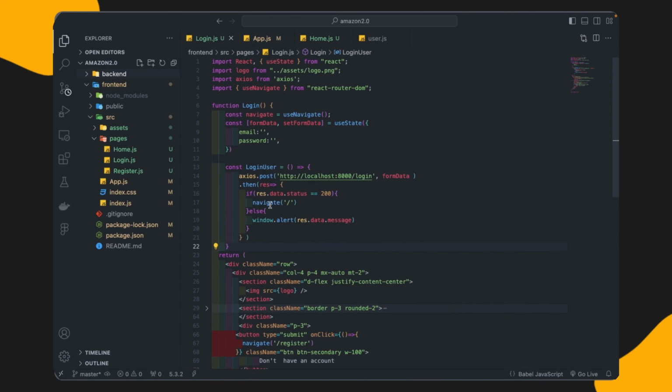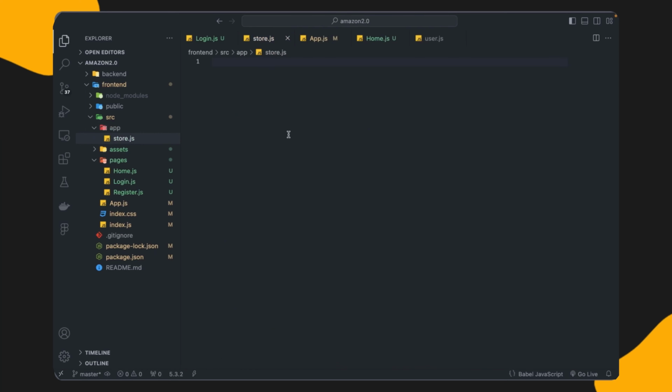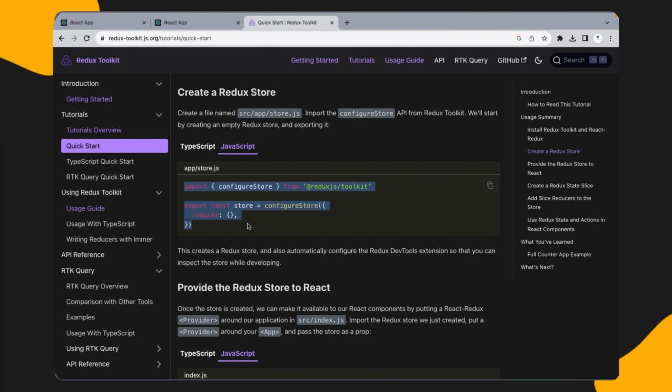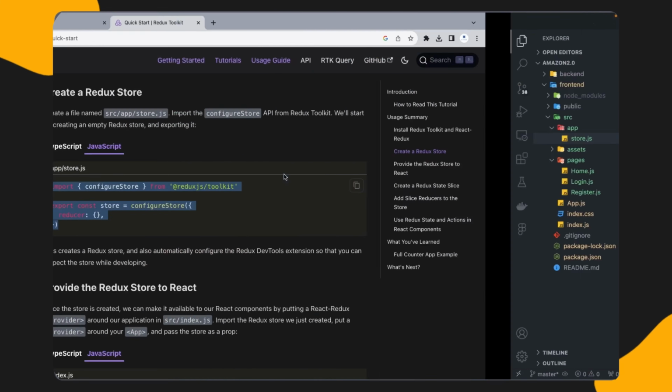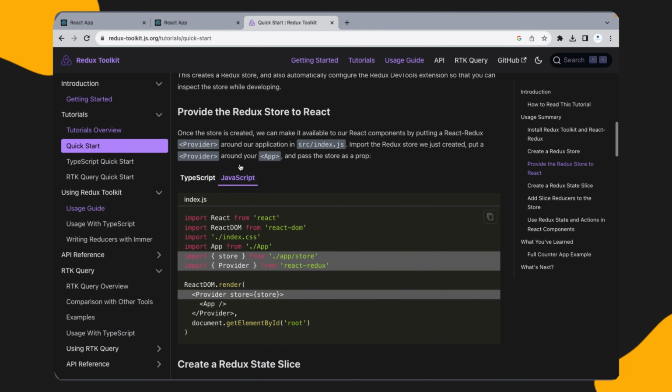So I will go to our VS Code, and inside the src I will create another folder by the name of app, and inside that I will create one store.js file, and I will copy this code and paste it inside the store.js. So step number 1 is completed.